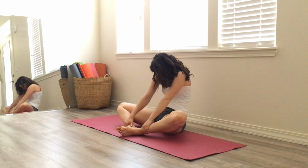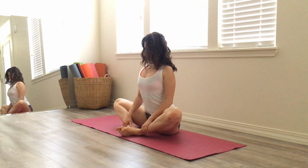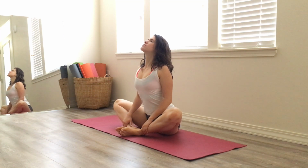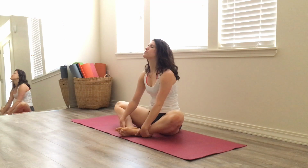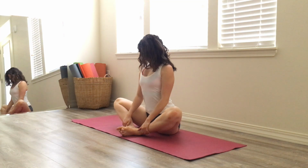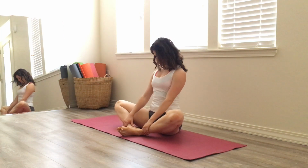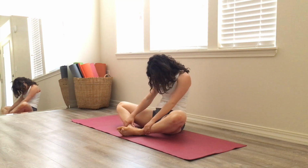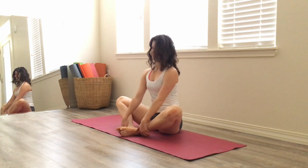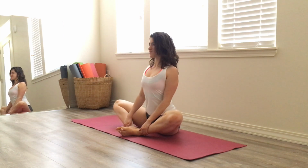Holding at the back motion of the circle, dropping the chin a little closer towards the chest. And on your next inhale, opening up, maybe you open the eyes, send the chest forward, and exhale, rounding back. Opening up. Rounding back, tucking the belly button into spine as you round, pulling the pelvis under, and as you come forward, pressing the pelvis back. Find some slight wiggles left and right,